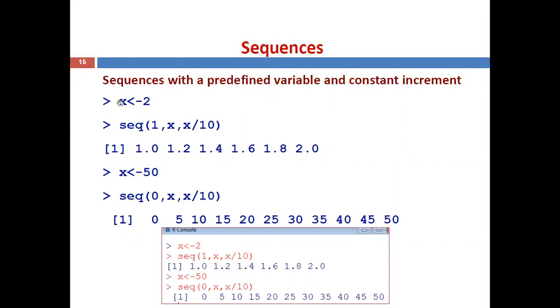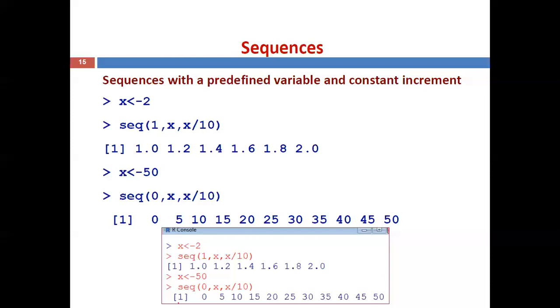Here we have taken x as 2. Then the sequence from value, by default we have given 1, comma, 2 value is x. x means it takes 2. So 1 comma 2. Then the increment value, the third one, is x by 10. Here x is 2, 2 by 10. So that fractional value